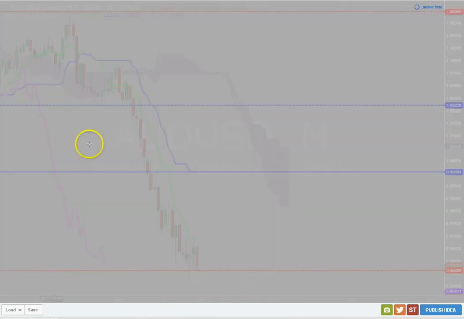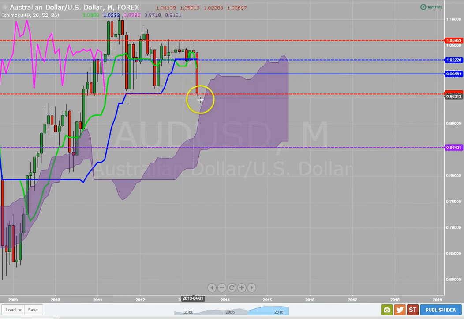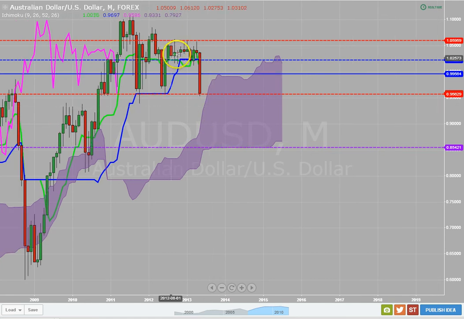Let's see this monthly again. The monthly maybe is telling me if we don't break this level that we're going to stay in this range. You can see this range. This range has started when the market came up, hit this level, came back down, and stayed in this range. It's been in this range since way back here, really. So September of 2011, been in this range right here. So do we think the market's going to break lower? I don't know.